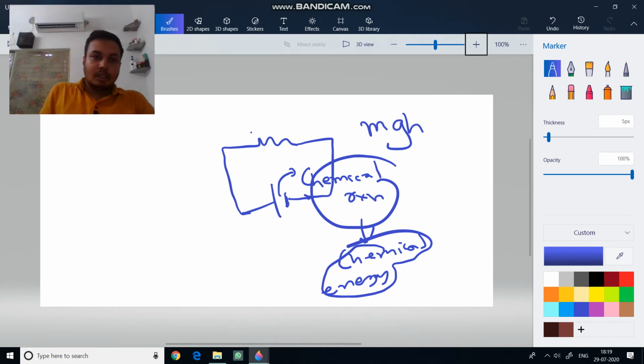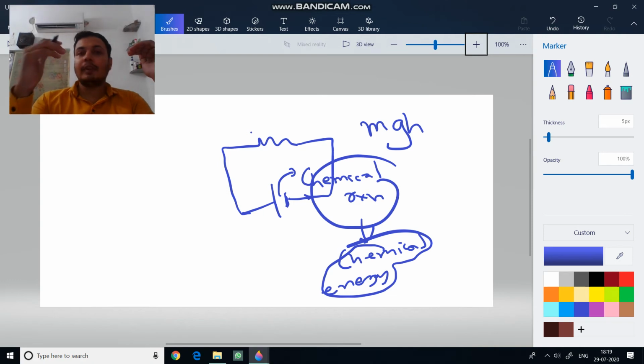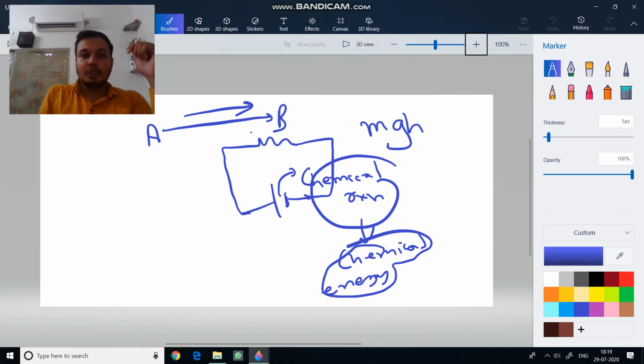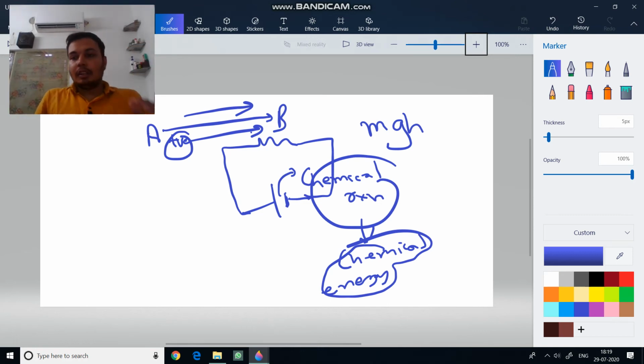Okay. Now let me tell you about the direction of current. This was a very famous confusion. Before 2-3 centuries it was believed that positive charge moves, and in the direction of the positive charge, see, this is point A, this is point B. Suppose the current is from A to B. So earlier it was believed that positive charge moves from A to B, and this produces current in the direction of A to B. But now what happened?